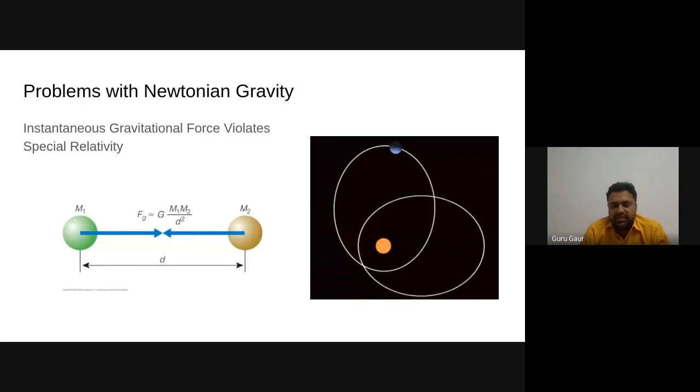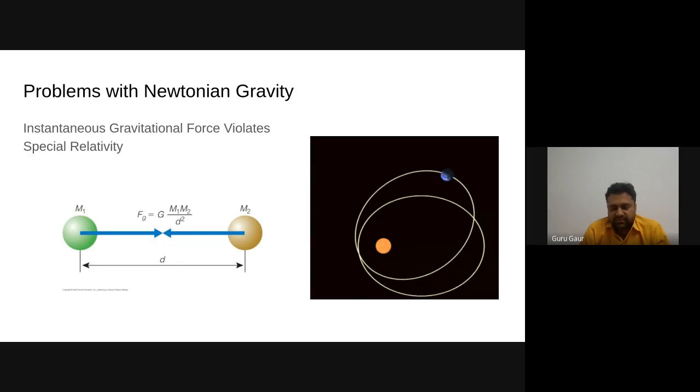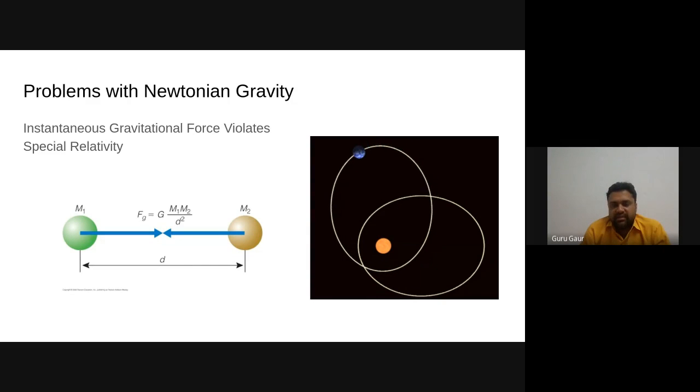On the right hand side, you see another thing which again Newtonian gravity was not able to explain. This is a very exaggerated picture. What they are showing is that Earth is not following the same orbit around the Sun. It is constantly drifting its orbit to some other orbit, even over one cycle. So some of these things were also not explained. This phenomenon was basically observed for Mercury, which is a faraway object.